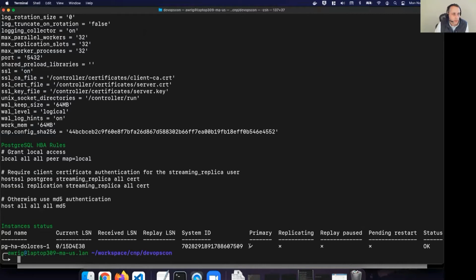So right now we only have one primary, but it shows our logical sequence number. And then if we had standbys, it would show the logical sequence number for those both received and replayed. So let's just go ahead and look at